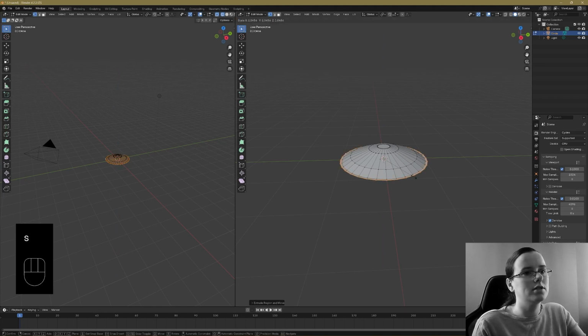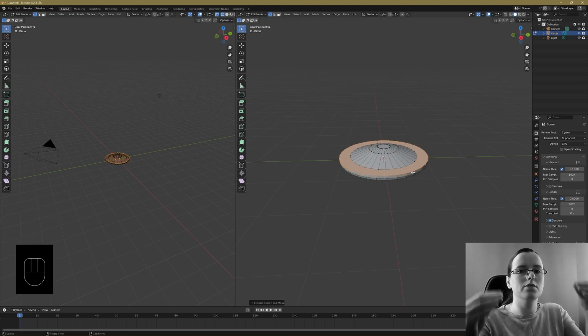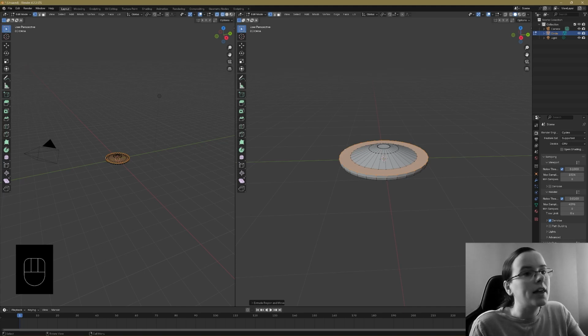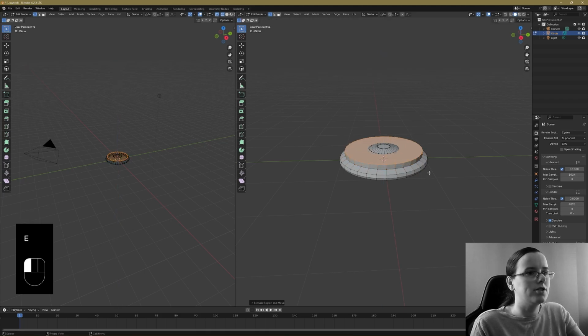Scale it outwards so that you've got the bottom of your cup. E for extrude, scale outwards slightly so that you've got the bottom for your cup again. And then what we're going to do, E for extrude, and then we're just going to go smaller and smaller and smaller until eventually we get to the stem of the cup. And then I'll show you what we need to do from there. So, scale inwards slightly, E for extrude, scale inwards slightly, E for extrude, and we're just going to go like that until we get the perfect